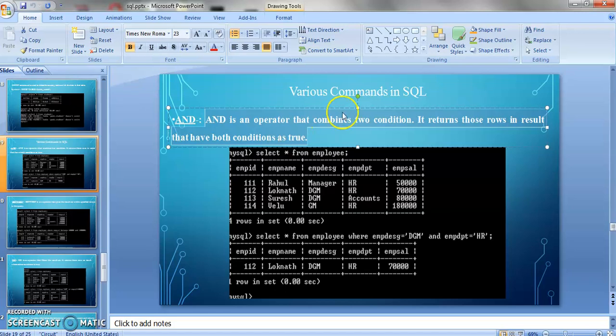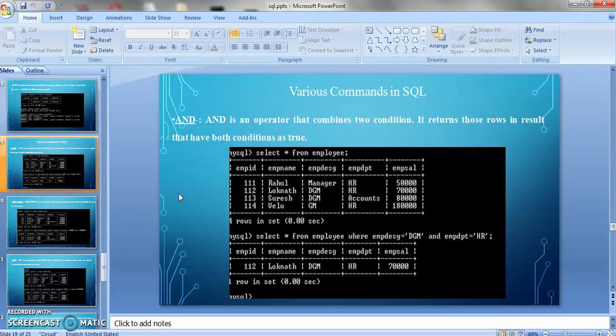So if both conditions are true, the row is returned; if any one of the conditions is not true, the row will not be returned. So how is this AND operator going to work? We will learn better from the practical demonstration.